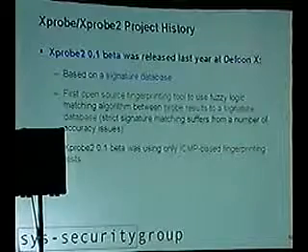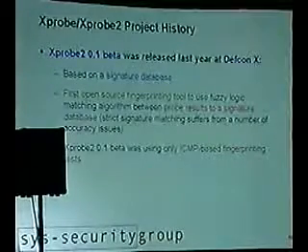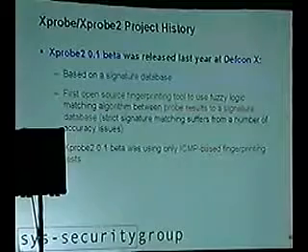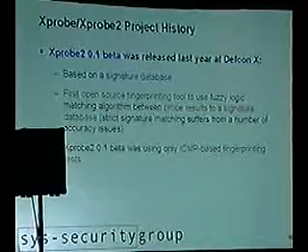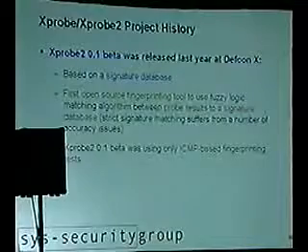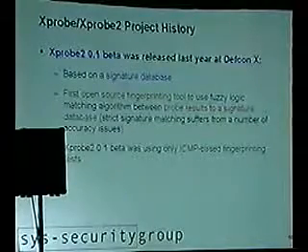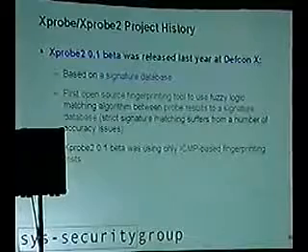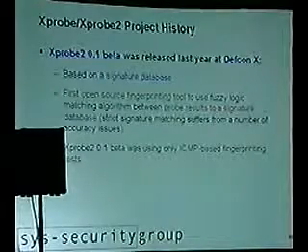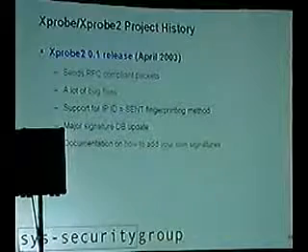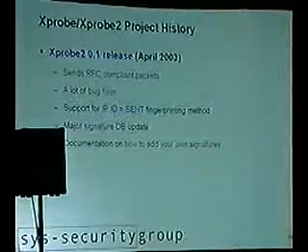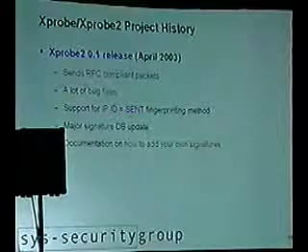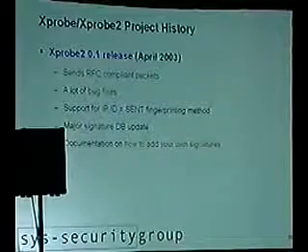Last year at DEF CON 10, we released a newer version of Xprobe 2, which had several enhancements. We were the first open source tool to implement fuzzy logic, a matching algorithm between the probe results we receive from targeted operating systems and the signature database that we have. Again, Xprobe 2 0.0.2 was relying on ICMP-based fingerprinting tests only. Last April, we released the 0.1 release. It's really hard when you work with software engineers to bump up the versions. I was like, cool. So